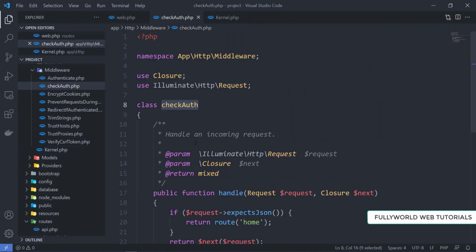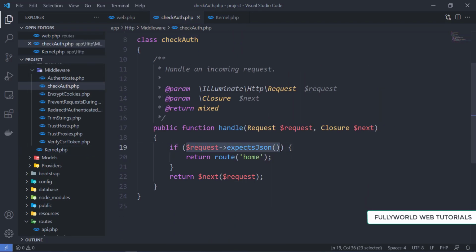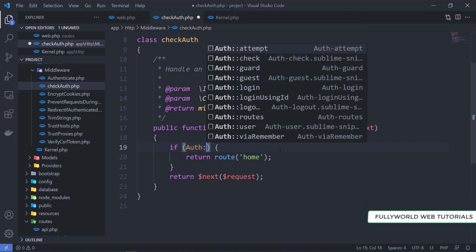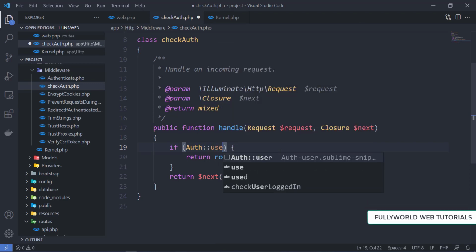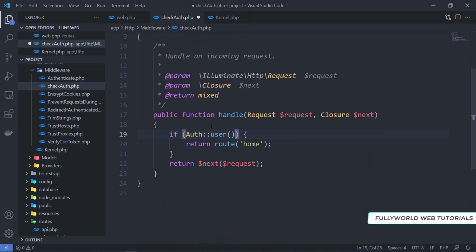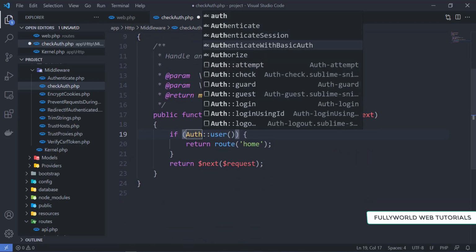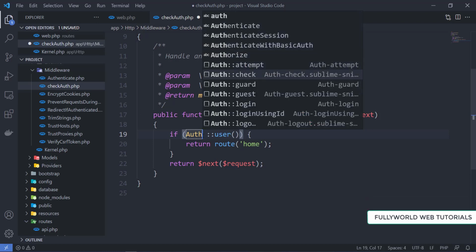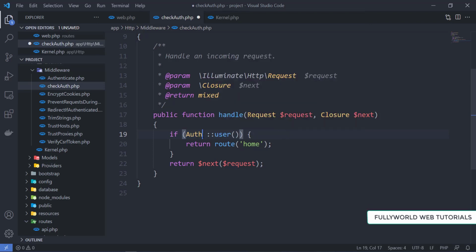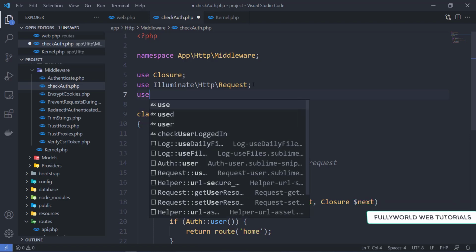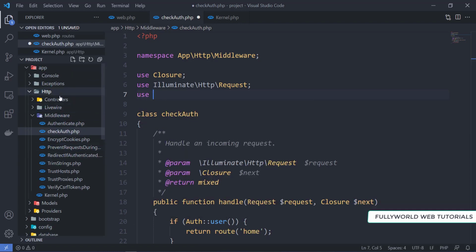So let's go to CheckAuth.php. Instead of this, we will take the help of Auth here. So here we will check if Auth::user exists. We also have to import the Auth class. So let's go to our controller.